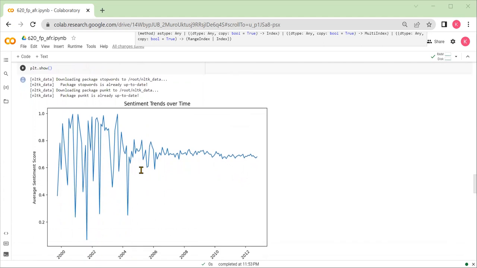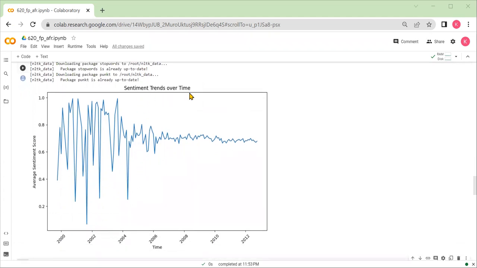So now coming on to the sentiment trend over time chart. Basically, this provides insights into how the sentiment toward the food products has changed over time based on the full Amazon food reviews dataset. The chart visualizes the average sentiment score for each time period, allowing us to observe the overall sentiment patterns and potential fluctuations in customer sentiments towards food products.